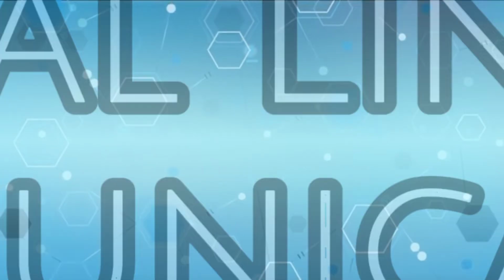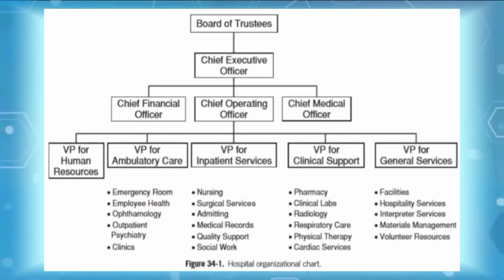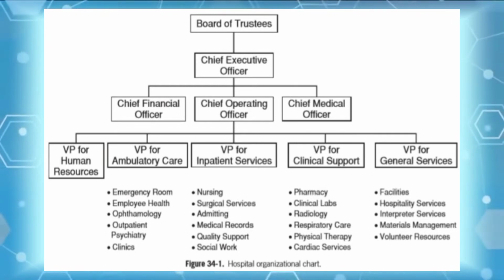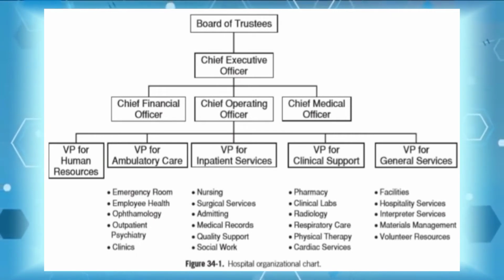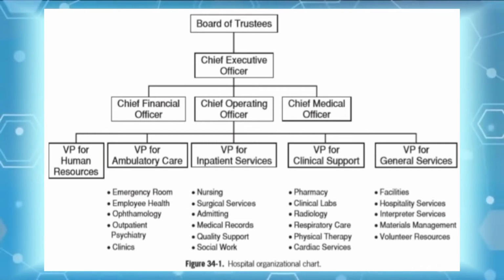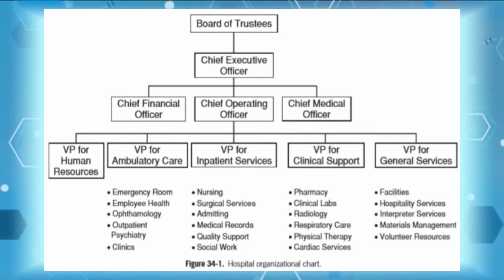The Board of Trustees. There are 3 Chief Executive Officers: the Chief Financial Officer, Chief Operating Officer, and Chief Medical Officer. There are 5 Vice Presidents under the Chief Operating Officer, which include the Vice President of Human Resources, Ambulatory Care, Inpatient Services, Clinical Support, and General Services. This shows the hospital organizational chart